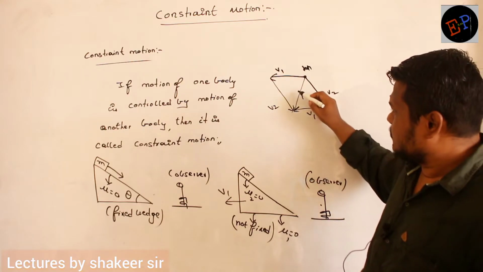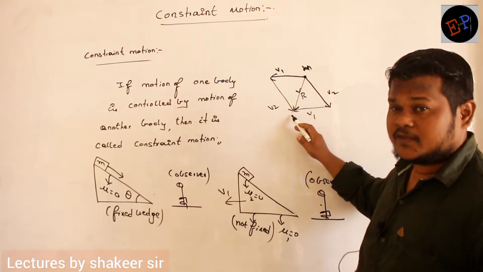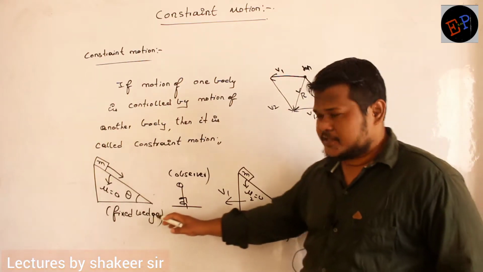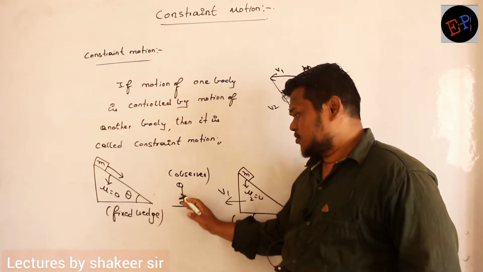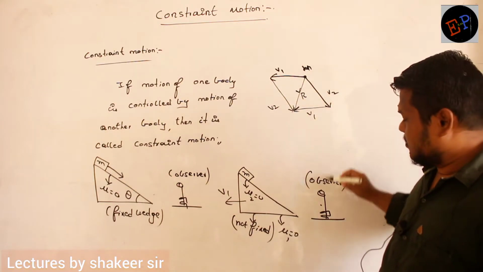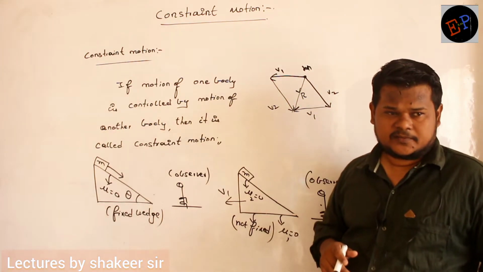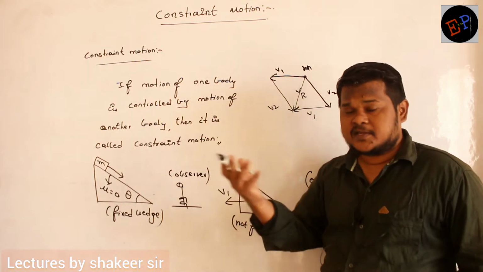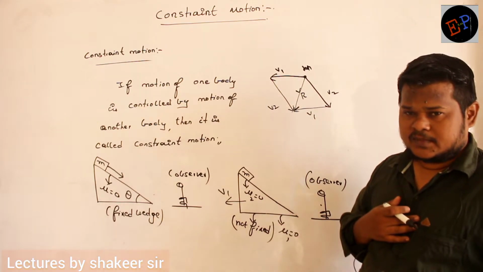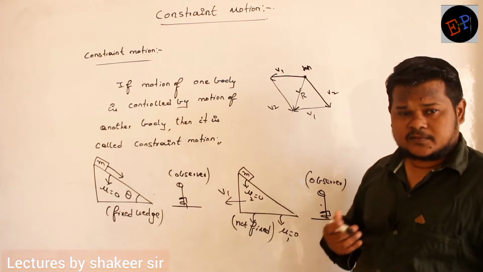Clear? So therefore, this mass appears to be coming in this direction, for this observer. Are you able to understand? But in this condition, to this observer, this mass appears to be coming only in this direction. But to this observer, in this condition, this mass appears to be coming in this direction. So the motion of this small m depends on what? The motion of small m depends on the wedge only, no? It means the motion of this small m is controlled by the motion of the wedge.